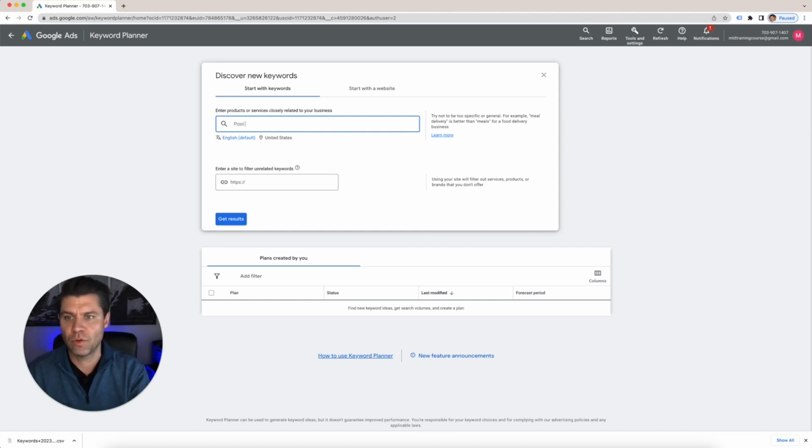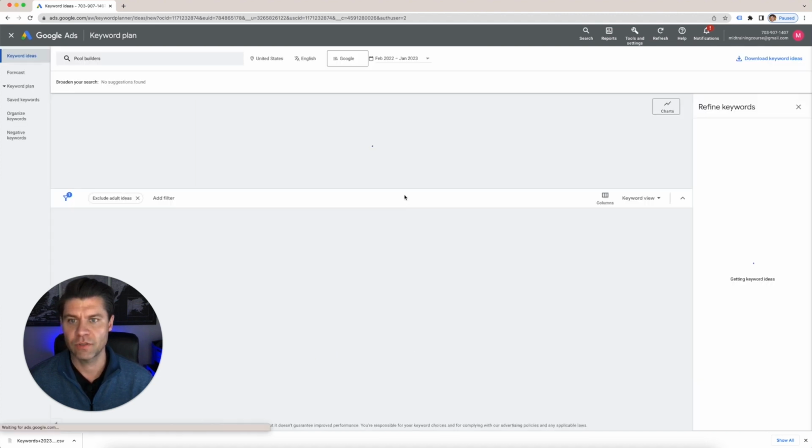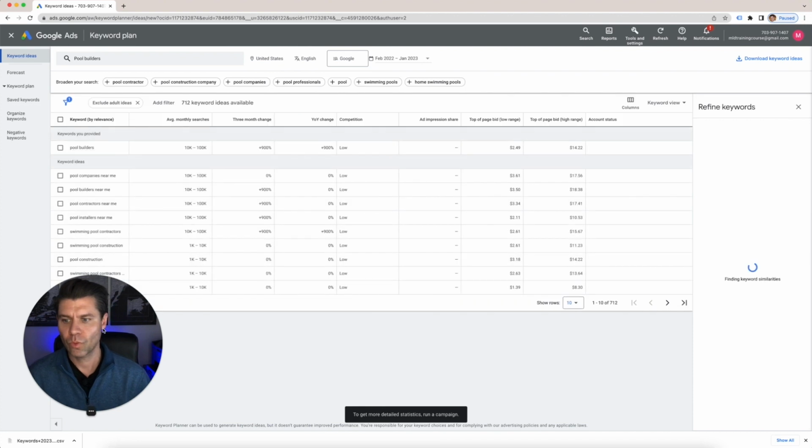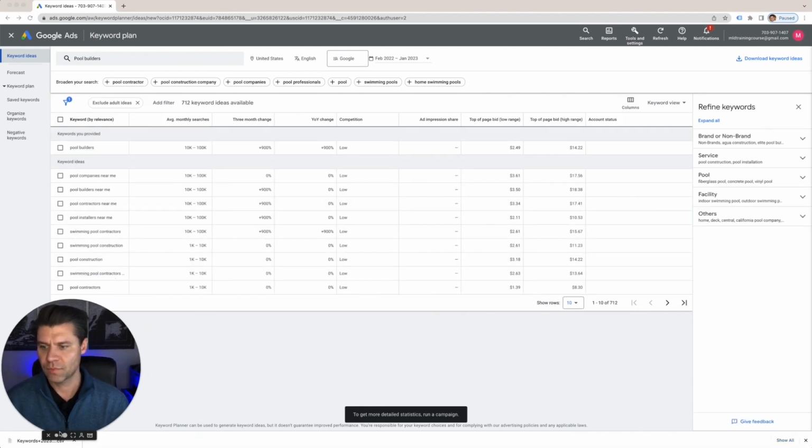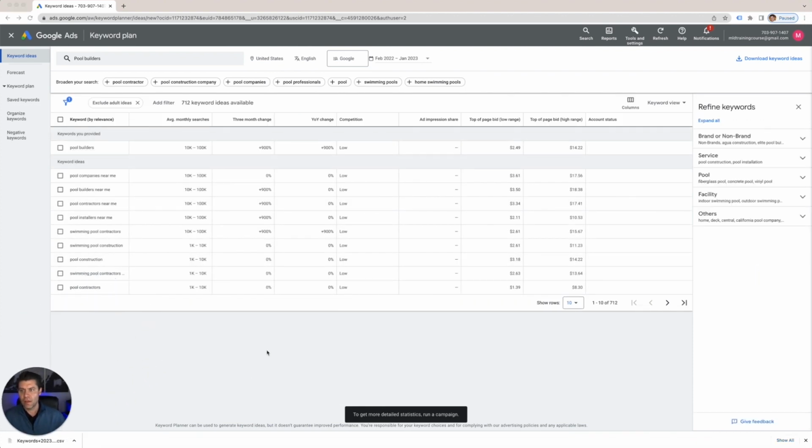So you have pool builders, and you can click on Get Results. Just make myself a little smaller. And here, you can add more keywords to check it out, but they're going to give you some